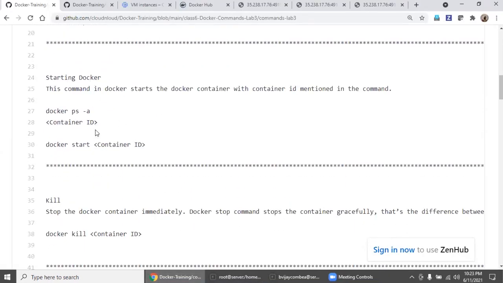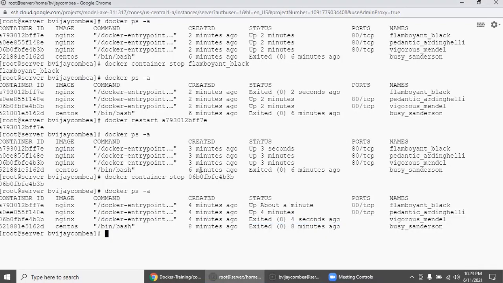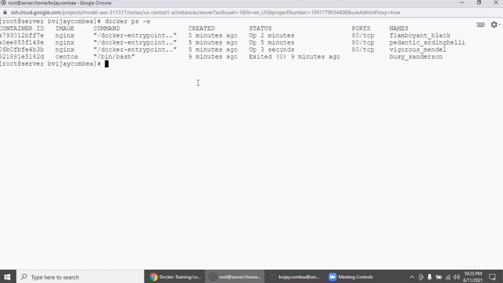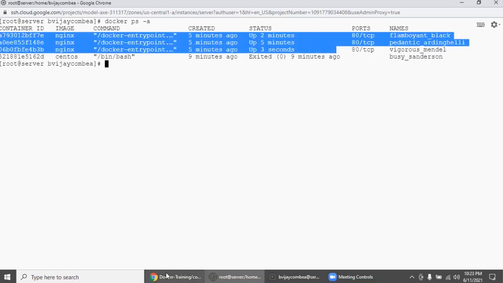Just now we saw restart. The same way you can start also. Restart means you can even recycle whatever running containers during any maintenance or anything. You want to recycle all the running containers, bounce them, and bring them back. In those situations you can utilize restart. But we are going with just start. What is the exited one? Copy this and we will check. Everything is up and running, correct?